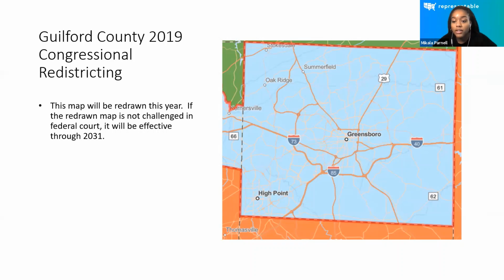And as for me, I joined Representable's team in September. Yes, I was very interested in gerrymandering and redistricting because of my ties to North Carolina. I had a lot of experience and knowledge from looking through the maps and reading about how gerrymandering works in North Carolina. I thought it'd be interesting to see how this tool could be used across the country to combat gerrymandering or to give community members their own voice or input in the process.